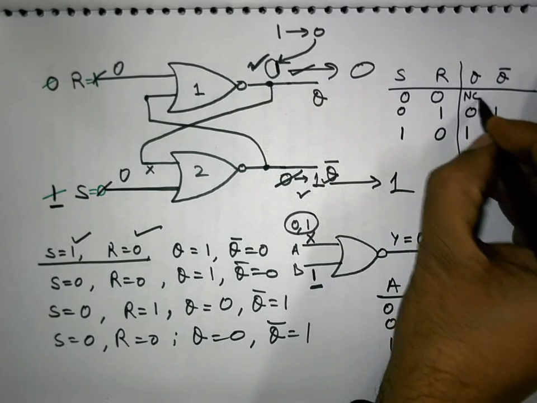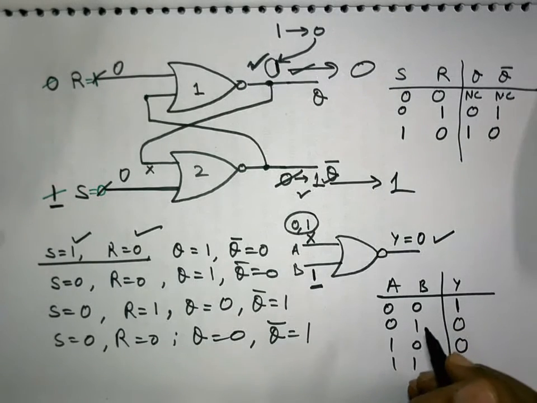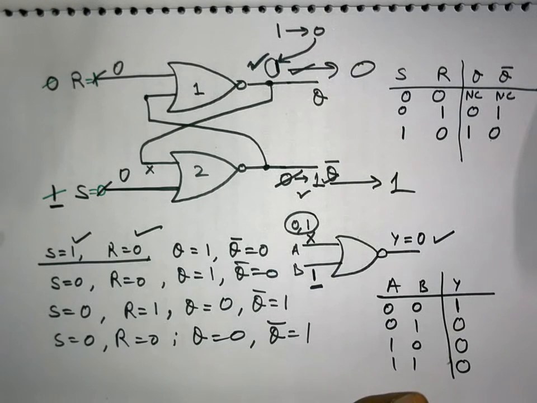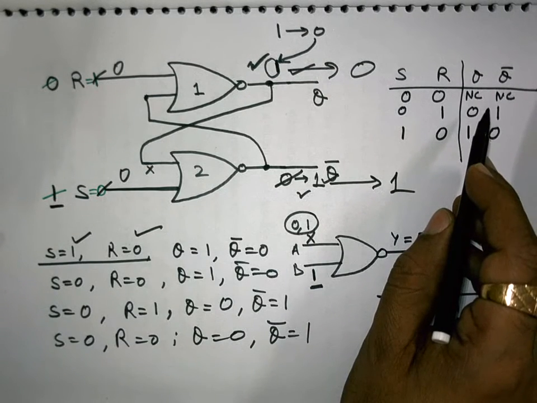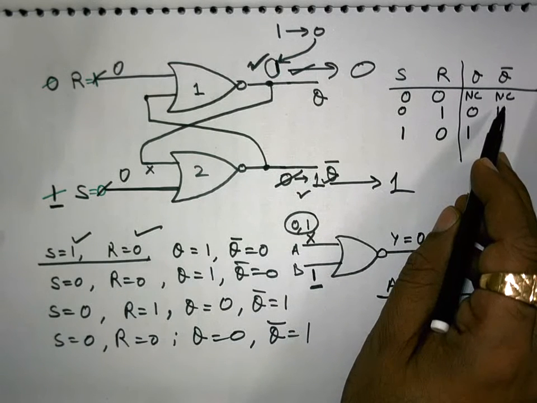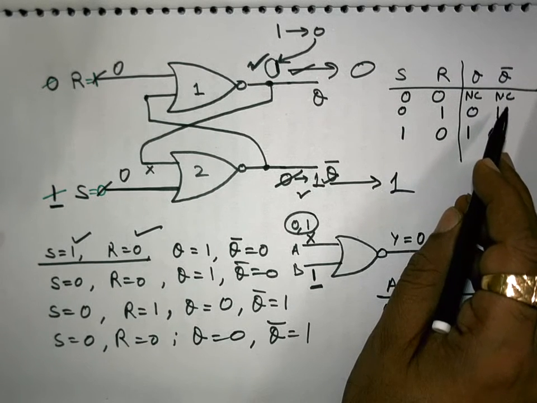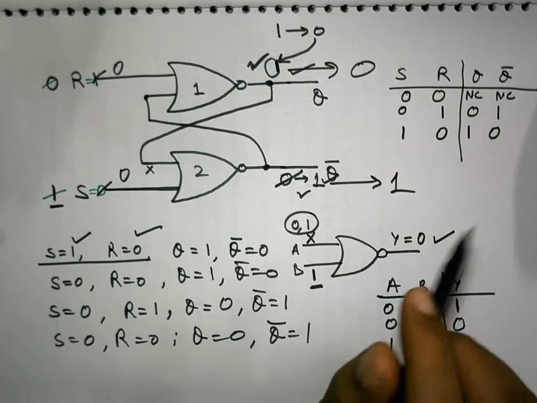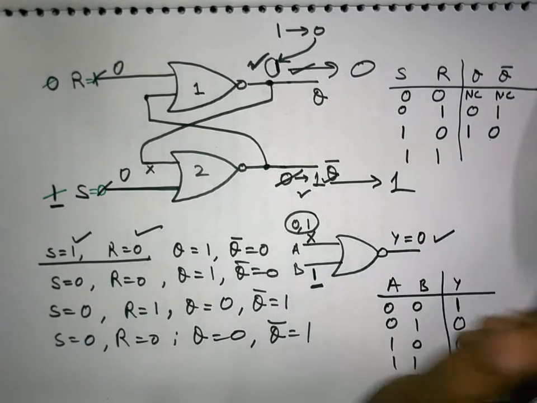This means we are getting no change in the output, and no change is designated this way. What has been latched because of the previous input remains there, and that's why we write it as no change. In some books it is written as memory. In some books it is written as previous output. So no change, memory or previous output, they are synonyms of the same phenomenon. Okay, now one input condition is left, 1, 1. You see what will happen if we apply 1, 1.